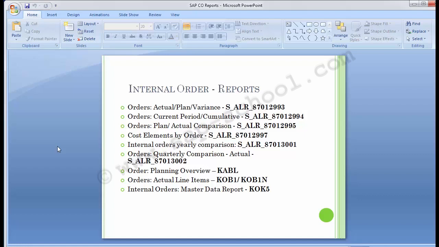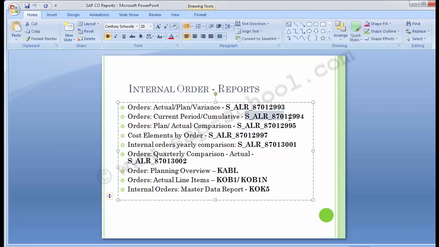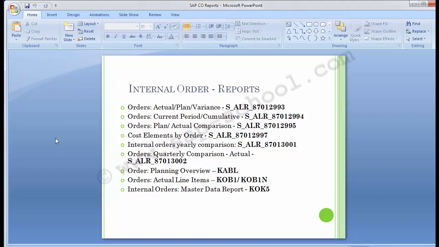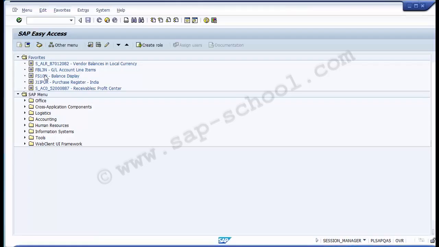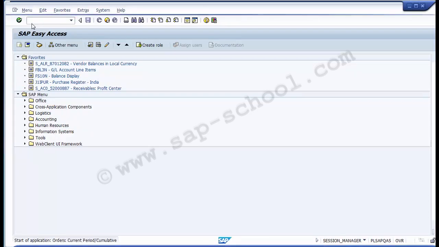So those things is a call which the internal management needs to take. So moving up to the next report is order current period versus accumulative. The second report is S_ALR_870129994. So moving to the second report now, this will show you the comparison from the current period to the